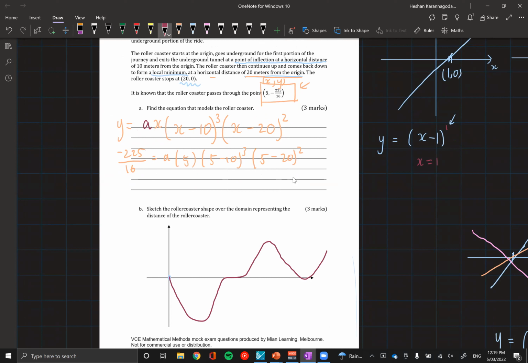Yeah, it was a pretty bad graph, but you get the point, right? We have a point of inflection here, we have a turning point here, but if we don't worry about any of the restrictions that the roller coaster has, this graph would have continued going through here, right? We have an interesting point here and an interesting point here, which we can use to model our equation. This is going to be your inflection. This is going to be your turning point.